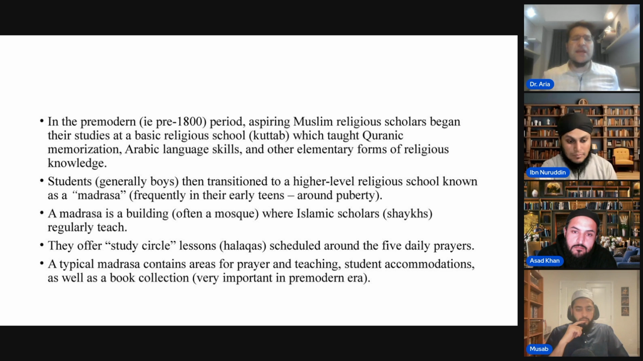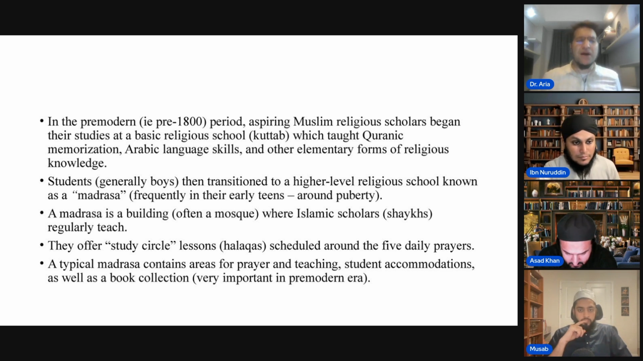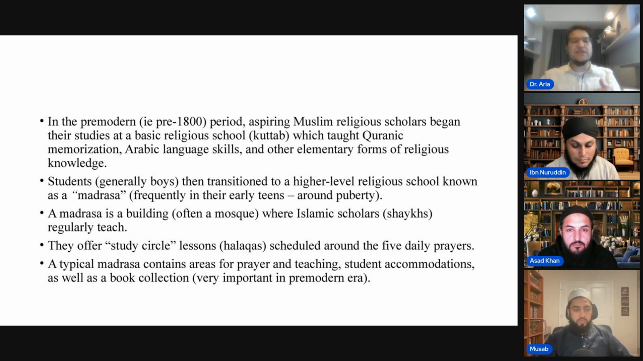The difference between a madrasa and a mosque is that you can have many mosques where you don't have scholars that regularly teach. Most mosques don't have scholars who regularly teach. Most mosques are just places where you go to pray. But a madrasa is a place where scholars regularly teach,